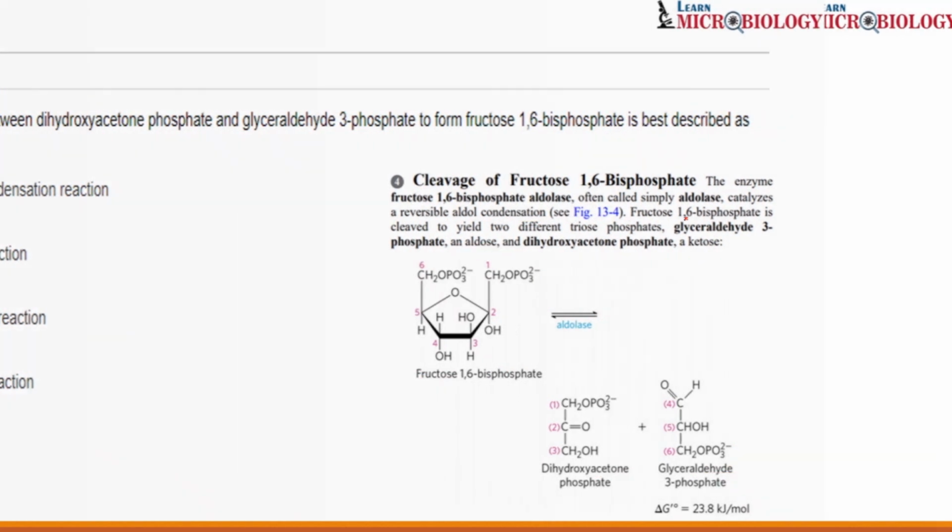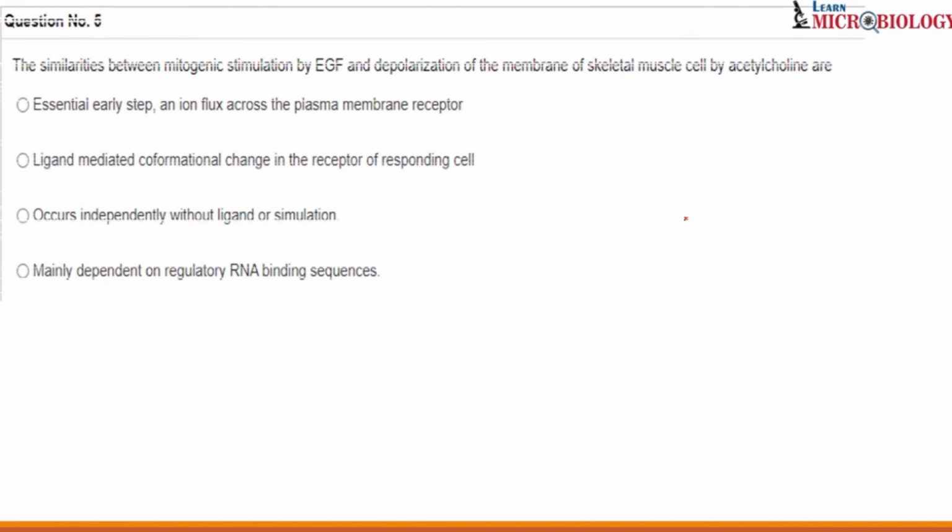So let's quickly go to question number 5. The similarities between mitogenic stimulation by EGF and depolarization of the membrane of the skeletal muscle cell by acetylcholine are dash. First of all, I will tell you, in section B questions, you can skip questions.